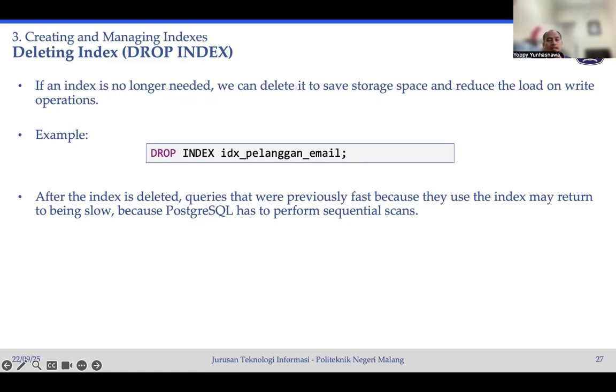So this is how we can delete the index. Just use the drop statement, followed by drop index, and then the name of the index. For example, here is idx_pelanggan_email. After the index is deleted, the queries that were previously fast because they use the index